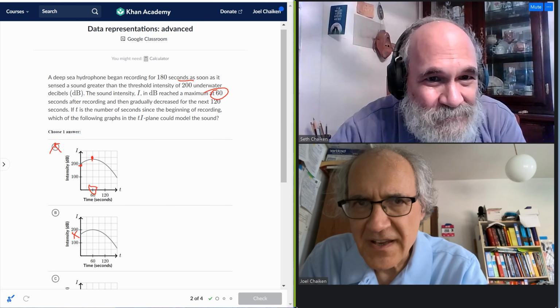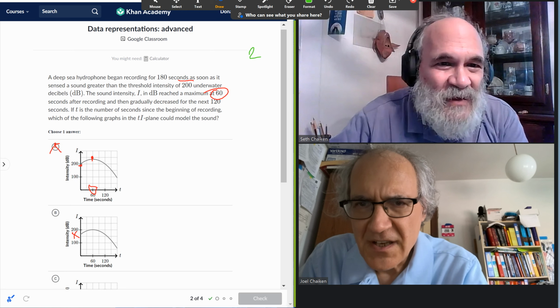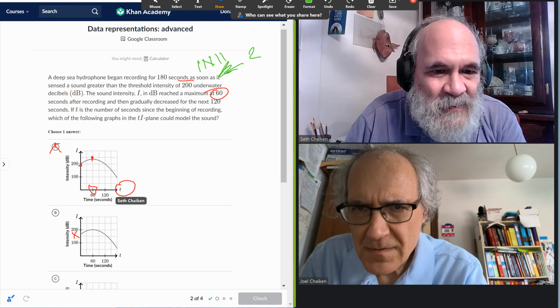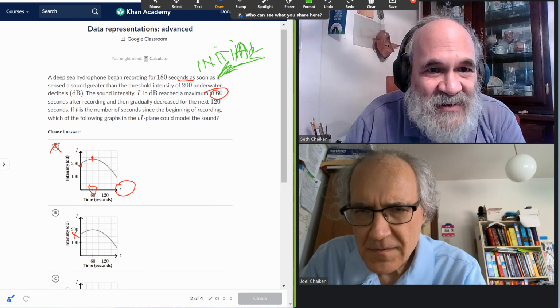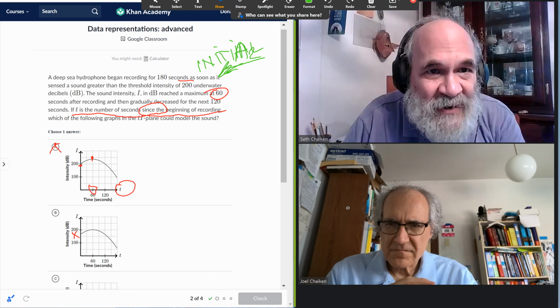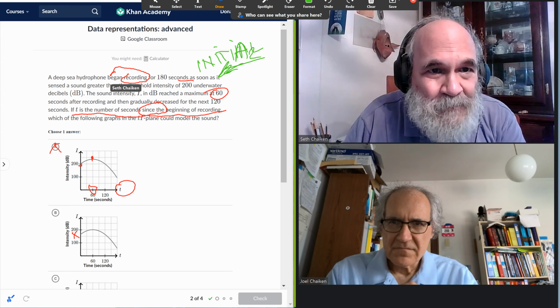I have to get my annotation back. As soon as, T initial, T axis, they tell you what T is. T is the number of seconds since the beginning of the recording. Right. And the recording, it says the recording began